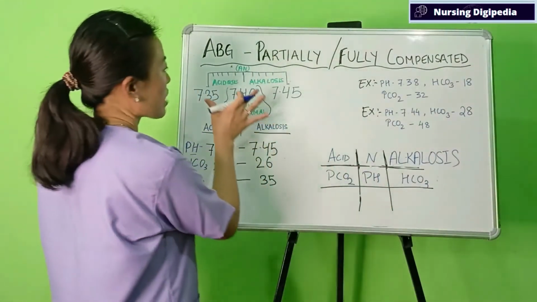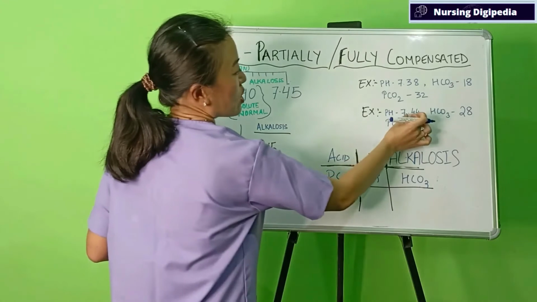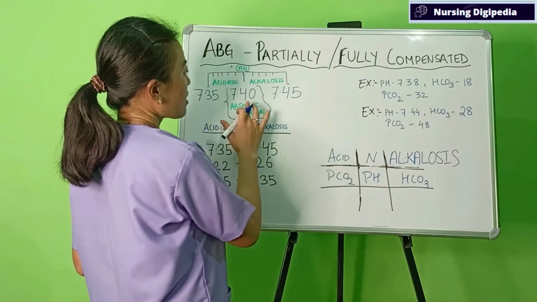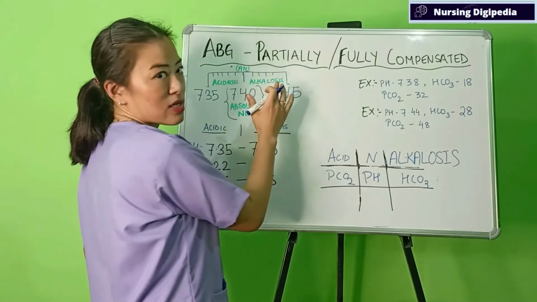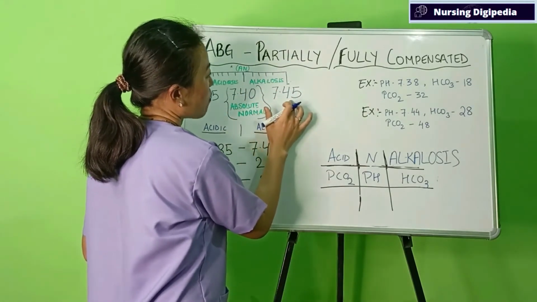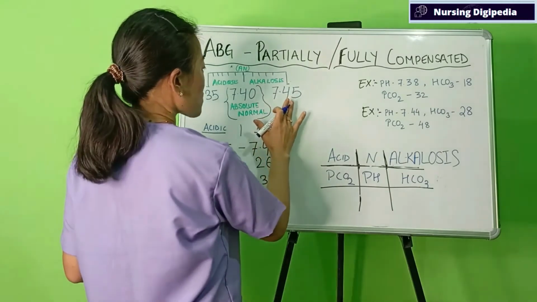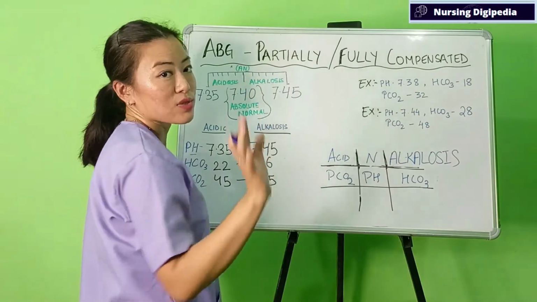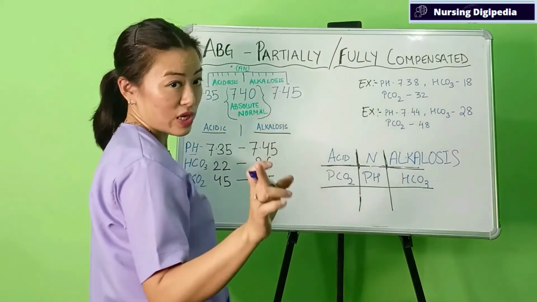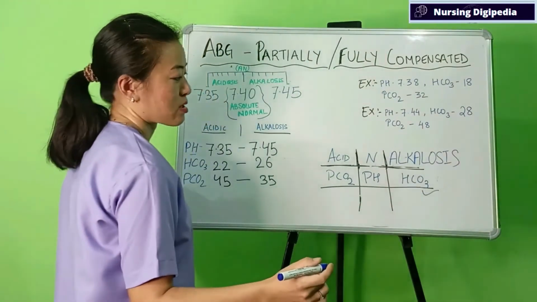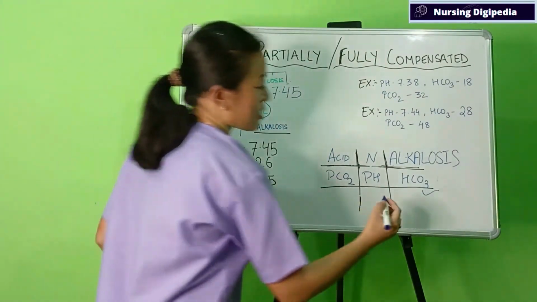When we closely look at the pH, we have 7.44, which is falling slightly on the alkalotic side, which is between 7.40 to 7.45. So we can conclude that there is alkalosis going on, which is originating from the metabolic side, that is bicarbonate. Hence we can write it is